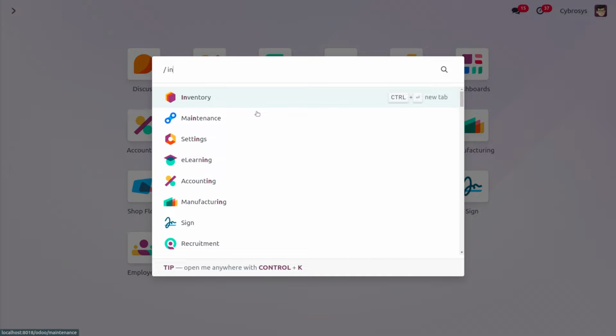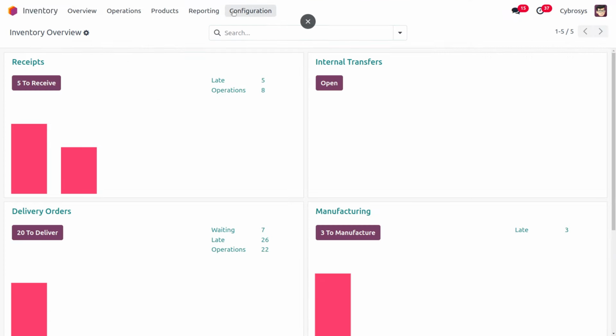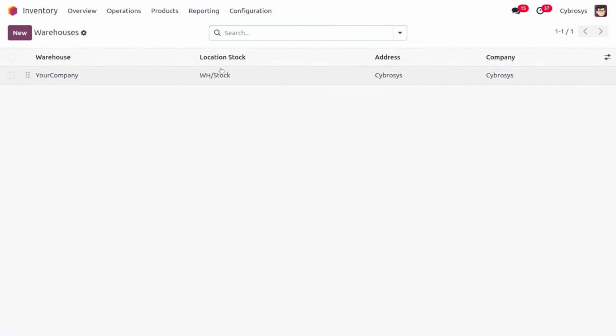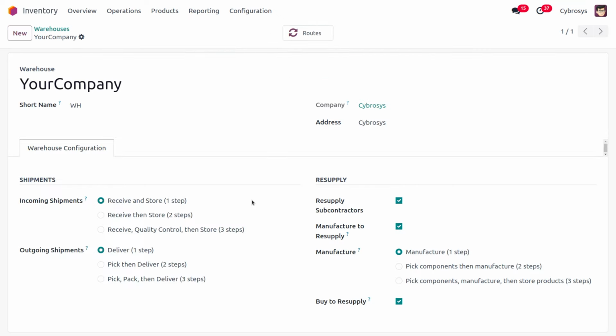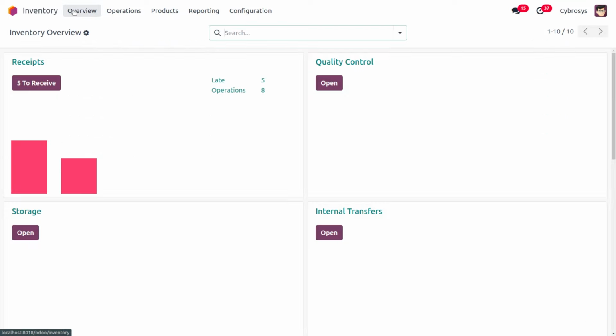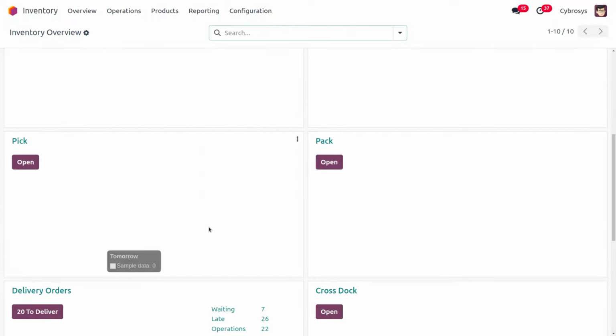Now we can also manage different transfers for the operation types. For that, again, let me move on to the Inventory module. Under the Configuration, we can find the warehouses. We can manage the warehouses with one step, two steps, three steps and more. Currently, we manage the incoming shipment and outgoing shipment within one step. As you move on to two steps or three steps, further operation types will be added under the overview. Under the overview here you can see that we have a few more options like picking the item, then moving it to the packing zone, and from the packing zone moving to the delivery.